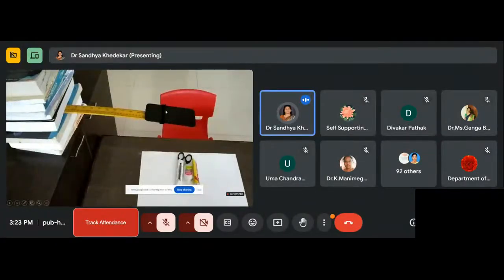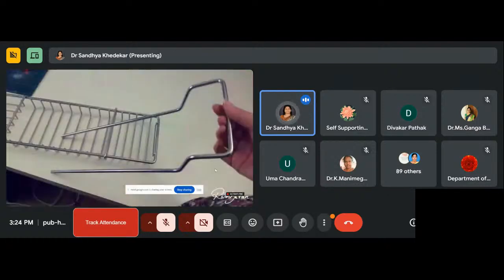that you can see the mobile is attached to a scale, small books are put here, and the mobile recorder or mobile recording camera is towards the paper on the table, and whatever you write on the paper, just write it. You can speak and it will get recorded. So this is possible with simple gadgets like this.